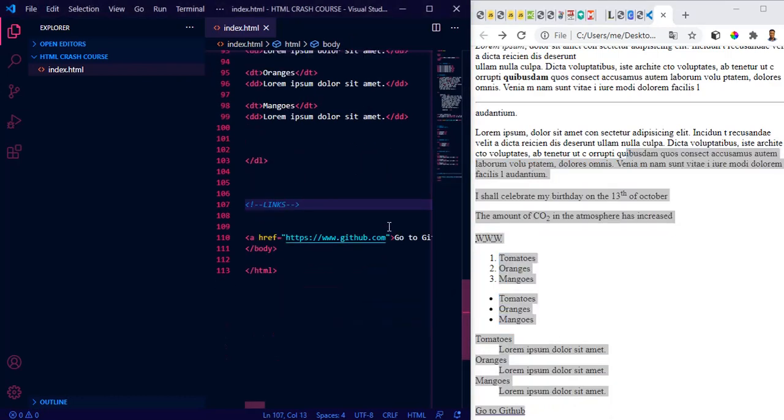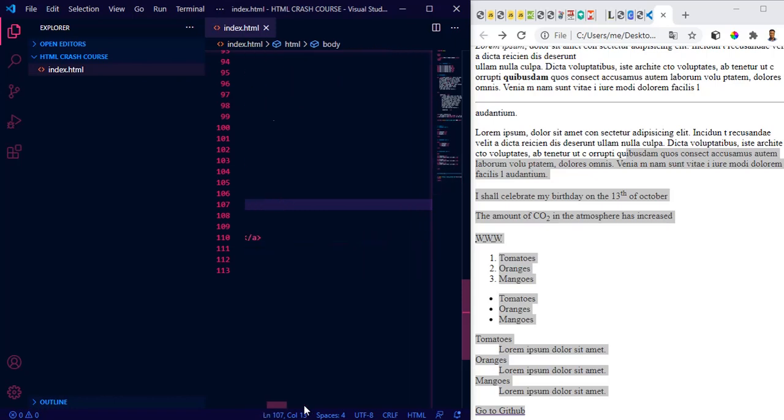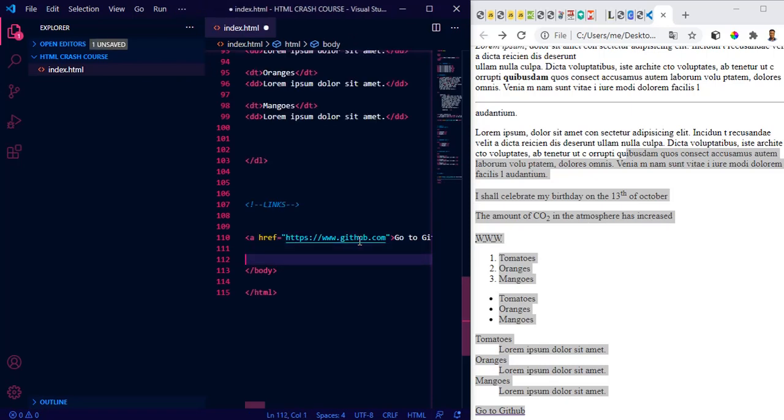Okay, so let's take it out. Also, let's work with emails. Let's say we want to click on a link which opens our email program for us to send someone an email. So with that, the syntax is you just bring your